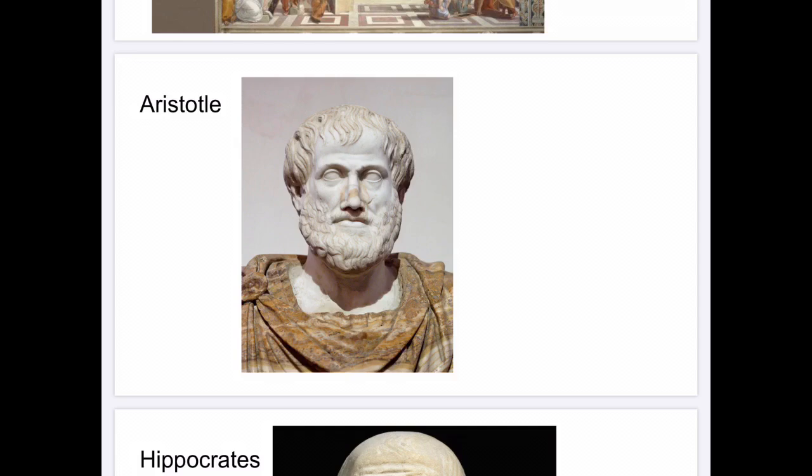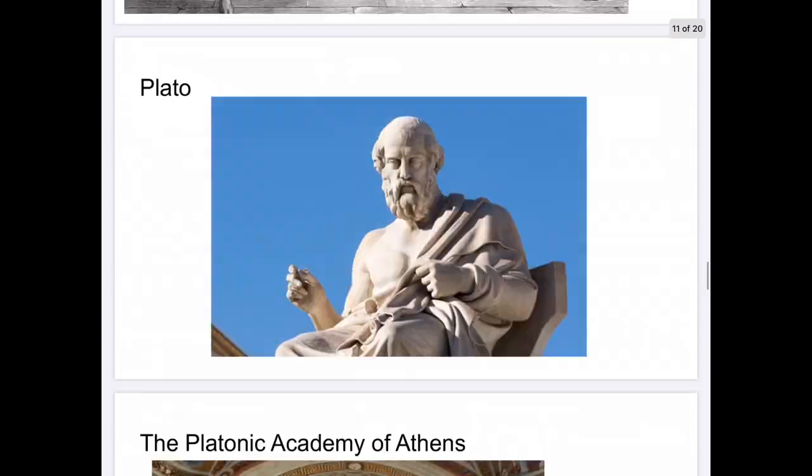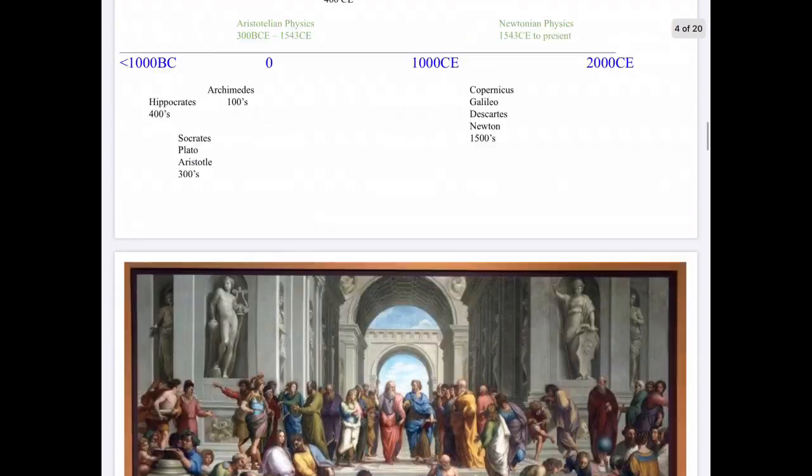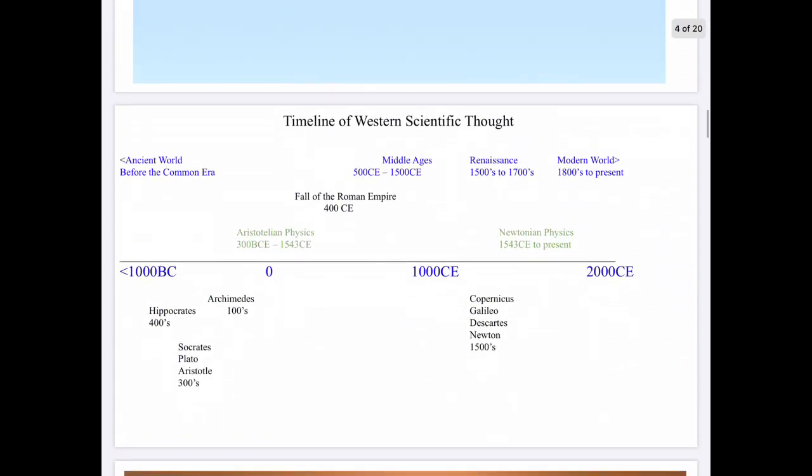All right, what else here? So let's see, biology and physics. I think that's it for Aristotle. Let's move on to Hippocrates. So Hippocrates, let's zoom back to that timeline one more time here. If we notice, he comes before Socrates, Plato, and Aristotle. Socrates, Plato, and Aristotle were all more or less contemporaries of each other. Hippocrates was before them. So